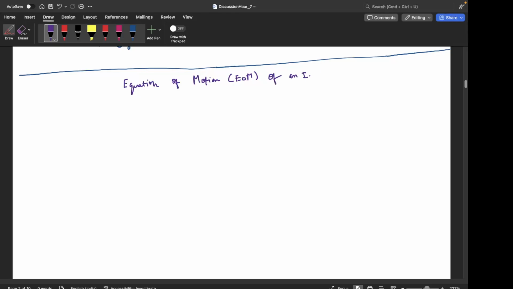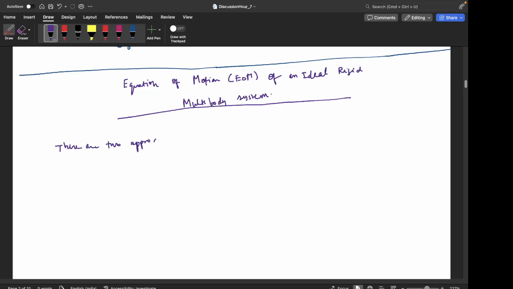Of an ideal rigid multi-body system. So there are two approaches which we can take to derive this, and both are used. What we have is this chain of rigid bodies,